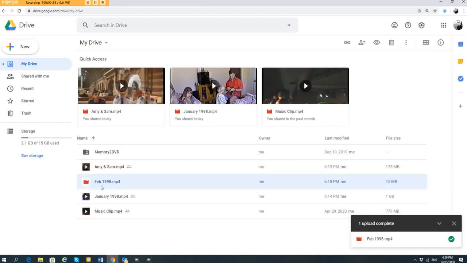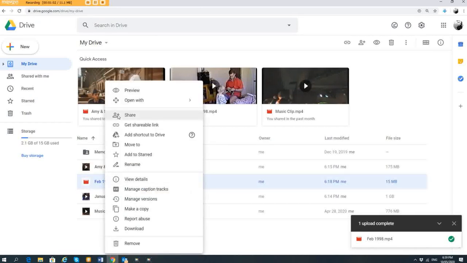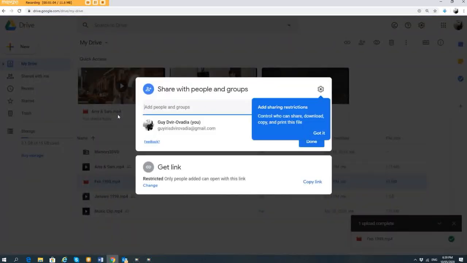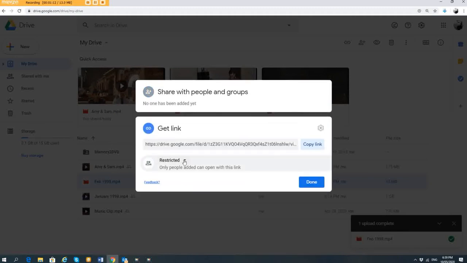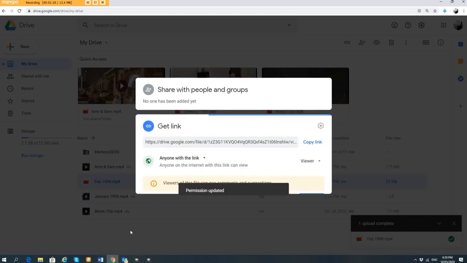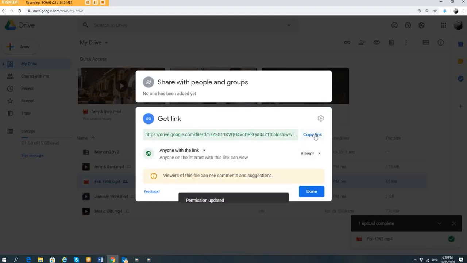Here is February 1998. All you have to do is right click, share. Now you have to change the get link setting from restricted to anyone with a link. That's essential, otherwise they won't be able to download the file. Anyone with a link, copy the link, and now all you have to do is send